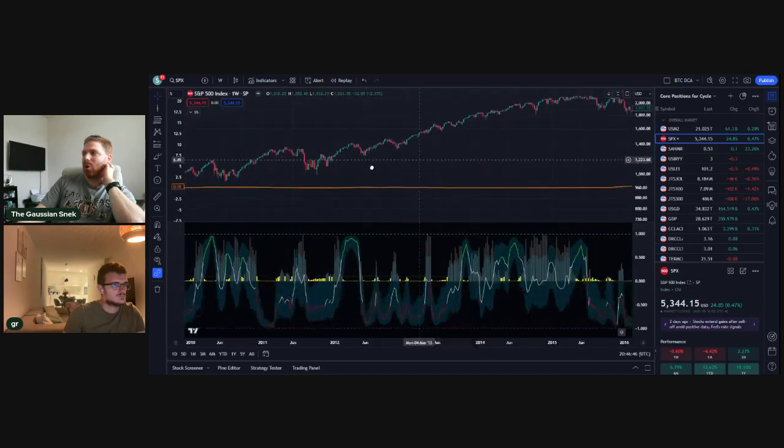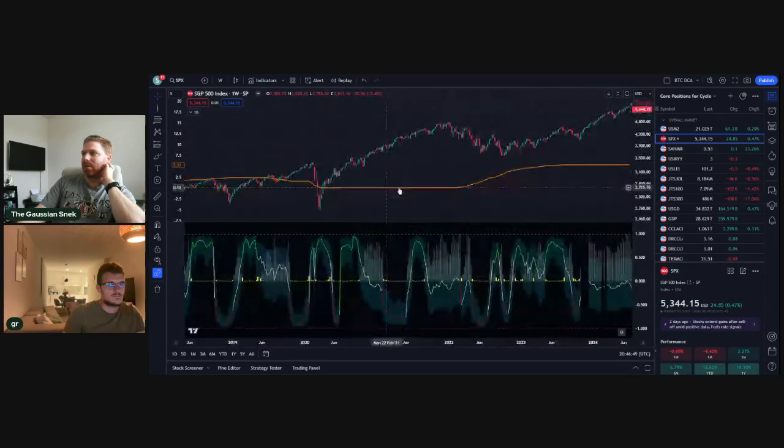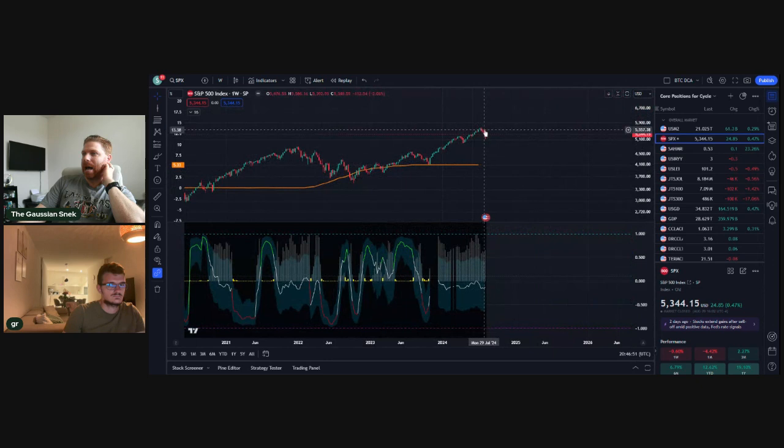It's hard to really know how severe of a correction this one's going to be. What I'm looking for is to see how next week's candle looks and maybe the week after that, because is this going to be a higher low, which is bullish, or are we going to take out this lower low from April? Because if we take out this low in the stock market,